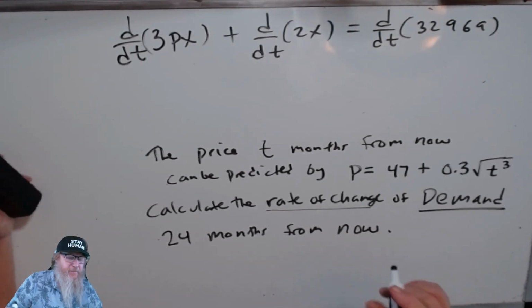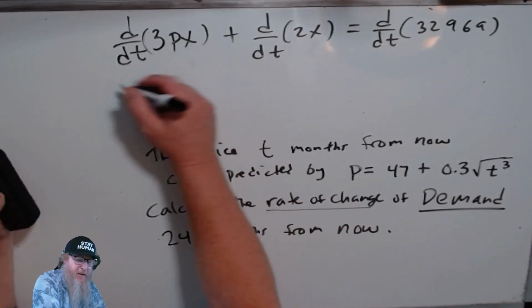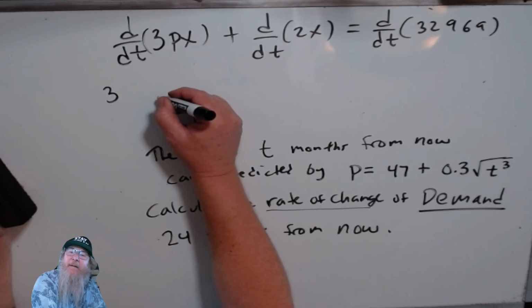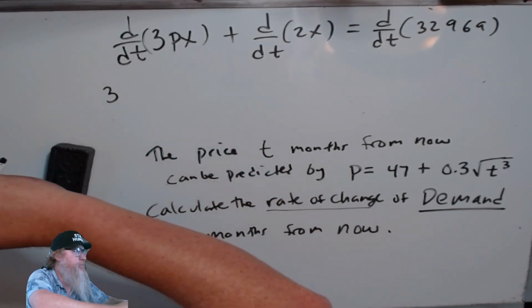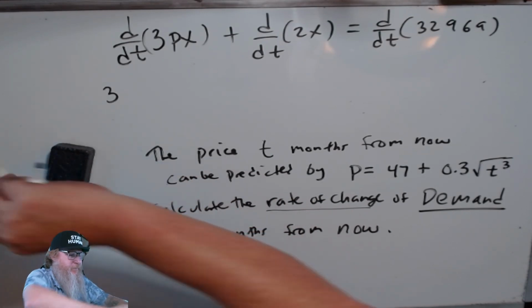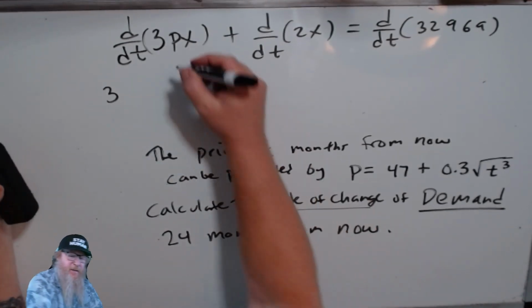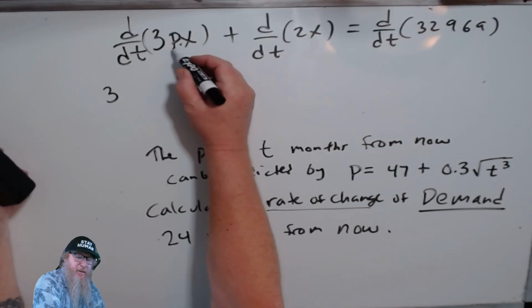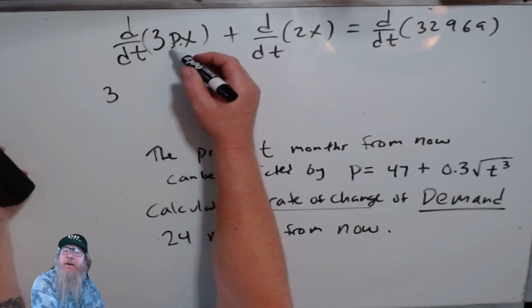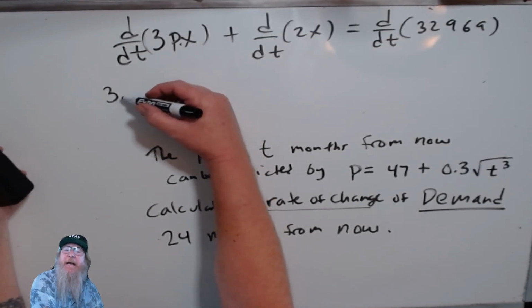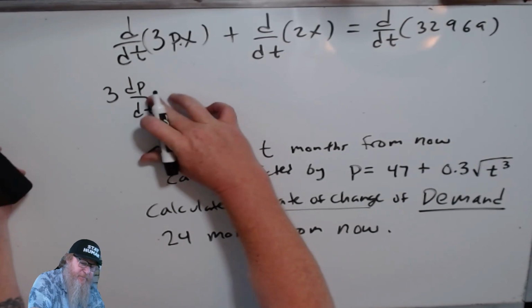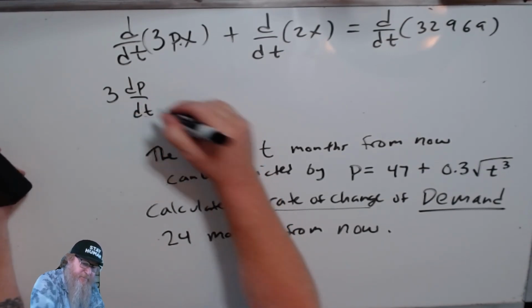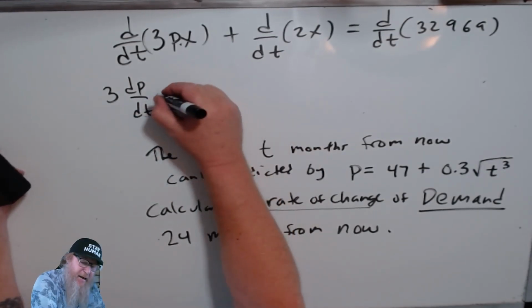Okay, so the derivative with respect to time of 3px, this is a product, 3p, so the derivative of 3p is just 3 times dp dt times x